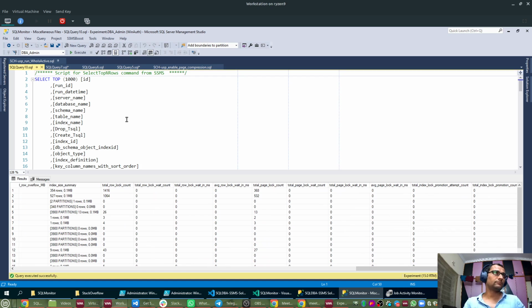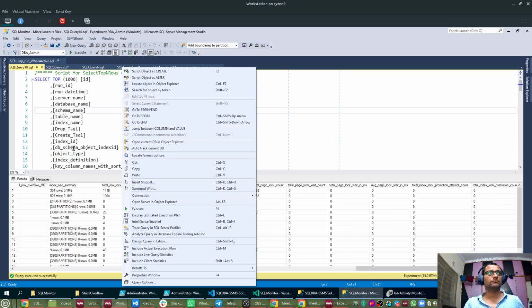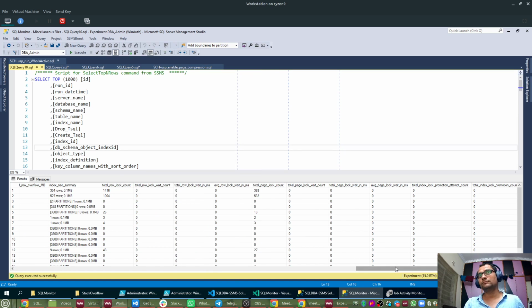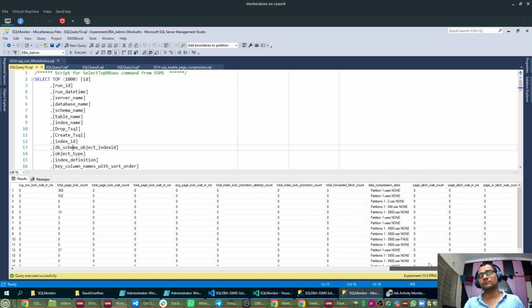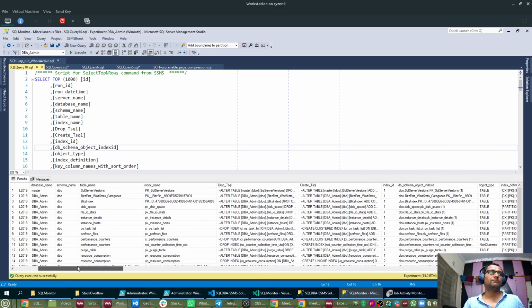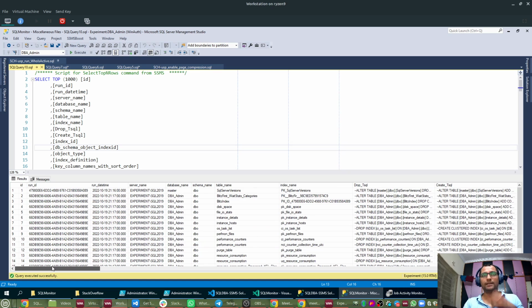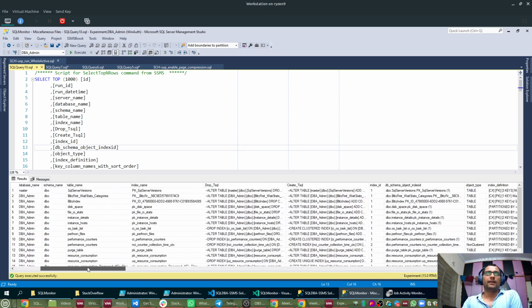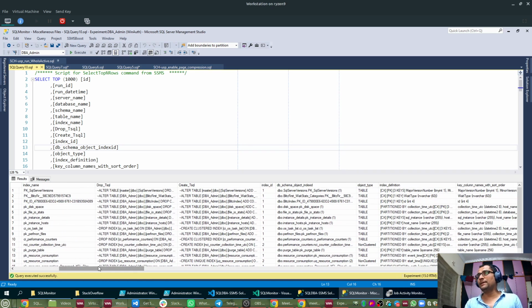Ajay, what is the meaning of secret column here? Probably I don't want to take that in this session. We can take that in future sessions. But the secret column simply means, whenever you create a non-clustered index,